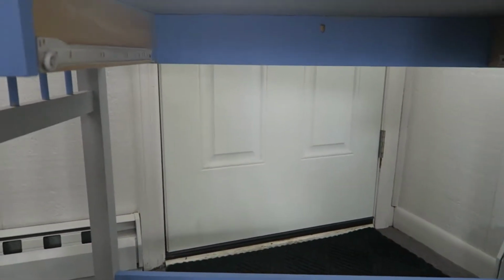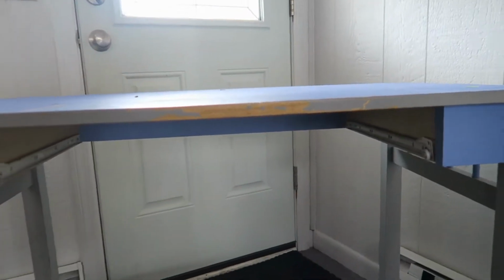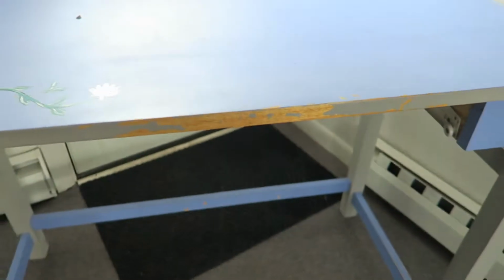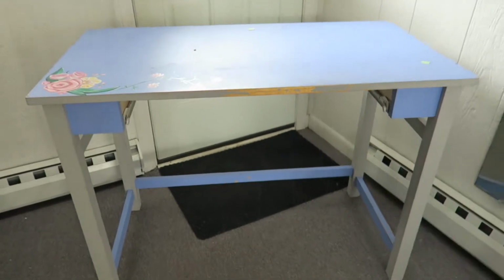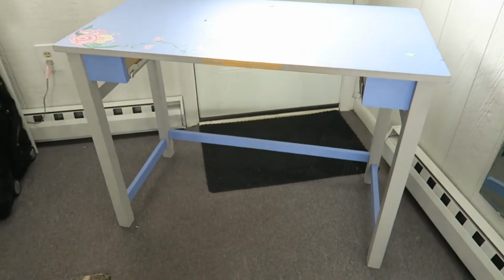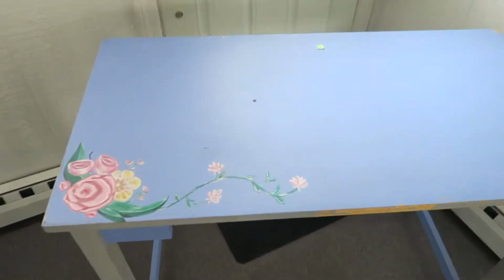I'm actually just gonna put a piece of wood, probably a piece of plywood that covers the entire bottom, and just let this be an open little shelf. And then as you see here, there's some nice light wood under there. So my plan is to just sand this down and see what it looks like underneath, and then go from there. I'm not exactly sure what look I want or what color I want this to be or whatever,